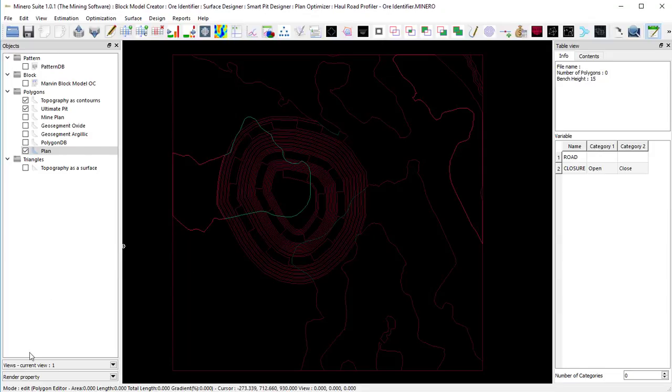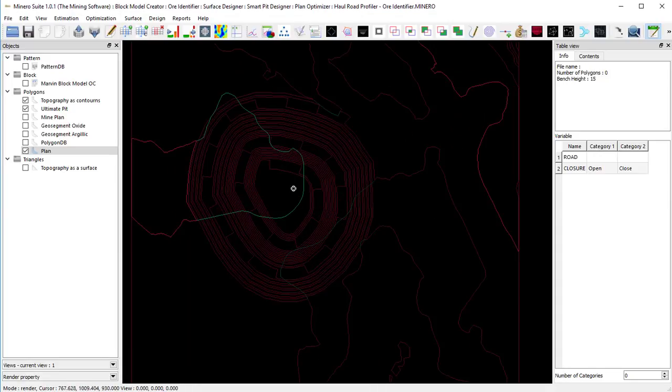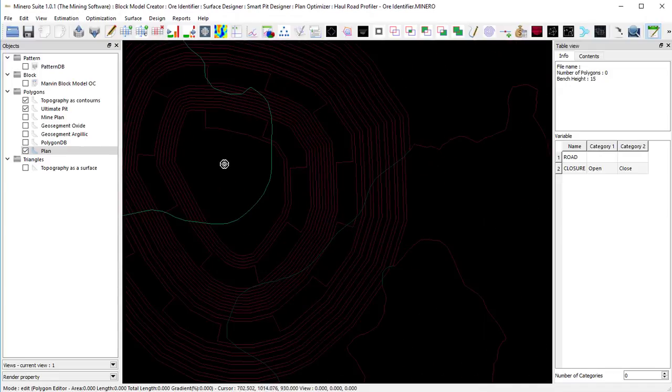There are 2 modes in Minero. The mode is always displayed at the bottom of the UI. By default, it is in render mode. Use E key to go to edit mode and V key to go to render mode. Once in editing mode,